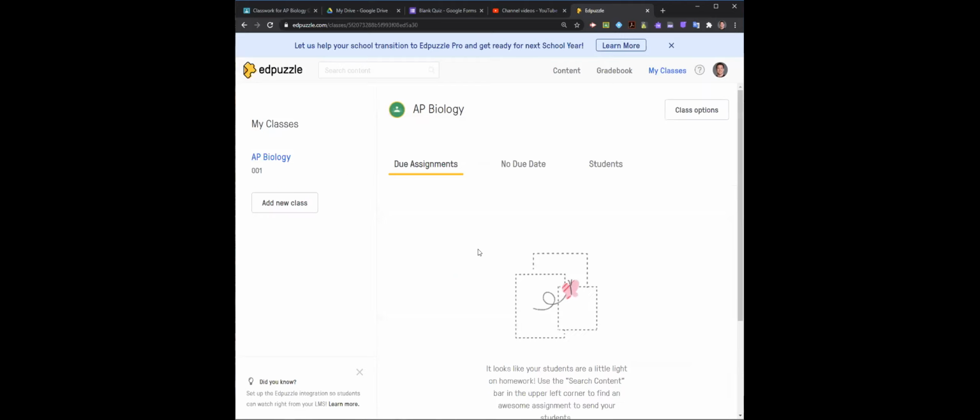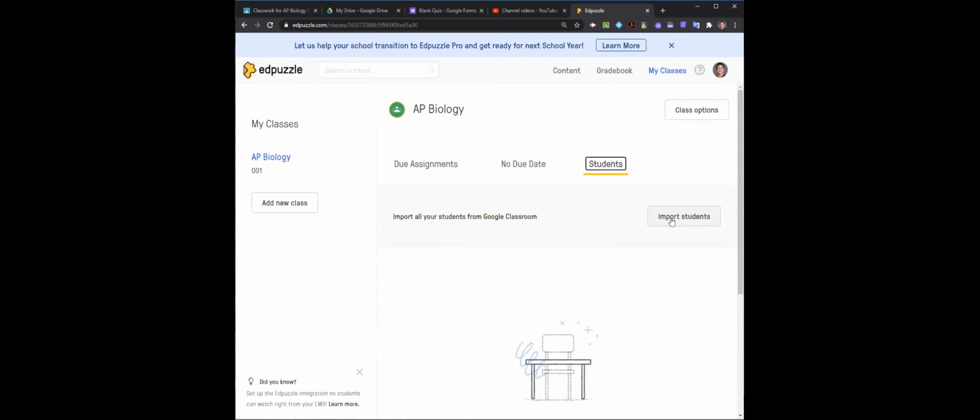And the issue that we were having was that I would have to constantly go ahead and play around with the class. So students, I had to keep importing students if you add them. So they're not added, you have to add them whenever someone new comes in. So that can be a pain in the butt. But